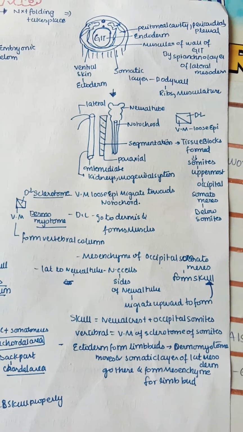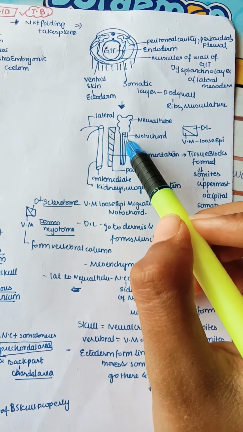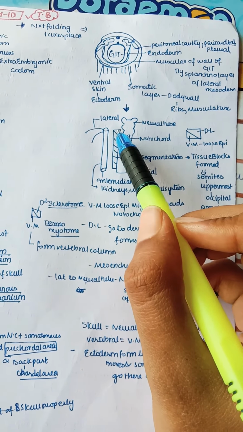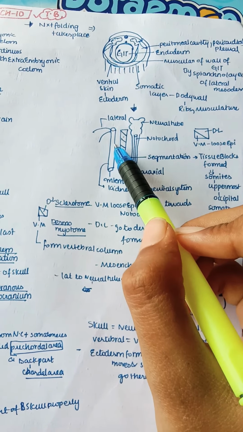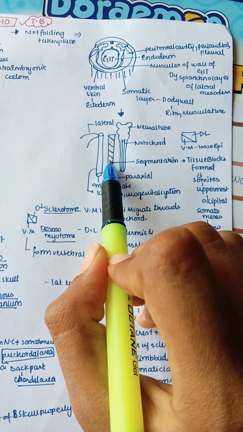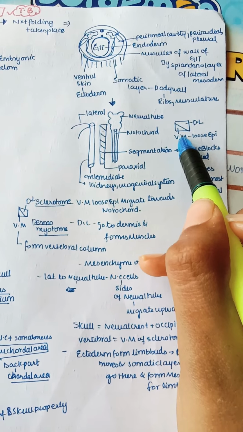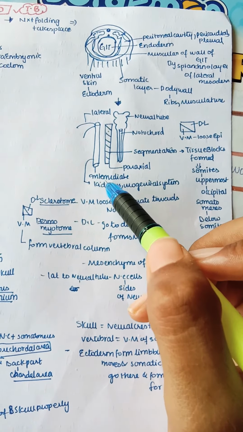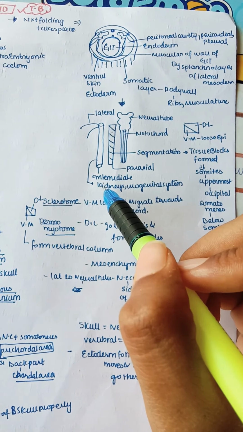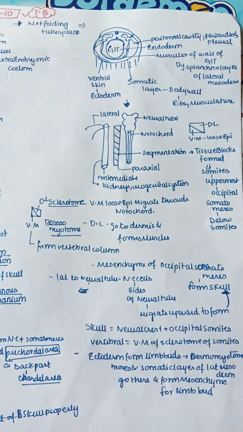Now the next process is, if you're drawing a longitudinal section, then you can see this is a neural tube, with the notochord inside it. This is a segmentation, these are the somites, this is the paraxial mesoderm, and this is the lateral plate mesoderm. Segmentation takes place in the somites, like the ventromedial and dorsolateral parts. The ventromedial part has a loose epithelium, and there is also intermediate mesoderm in between, which actually forms kidneys and the urogenital system, right?